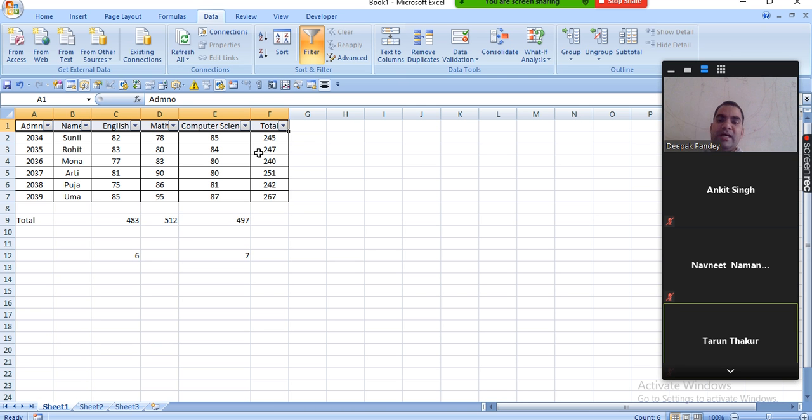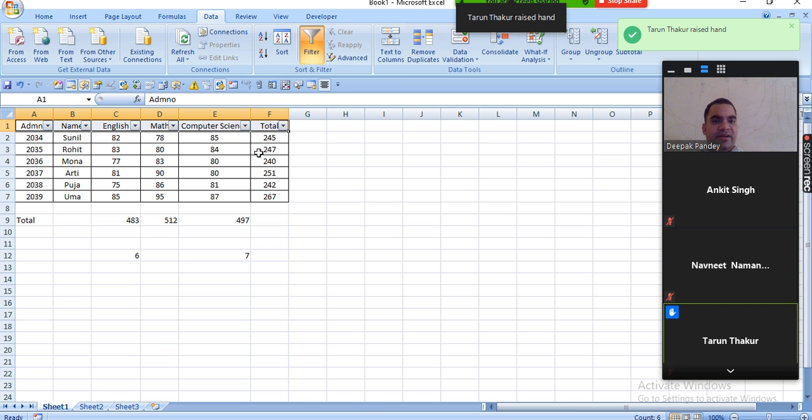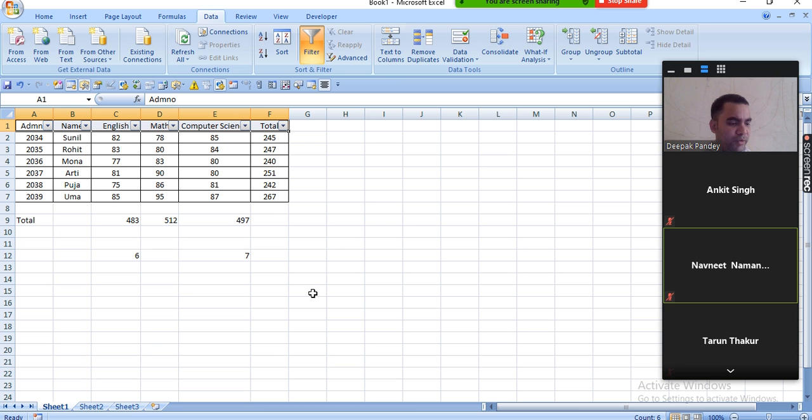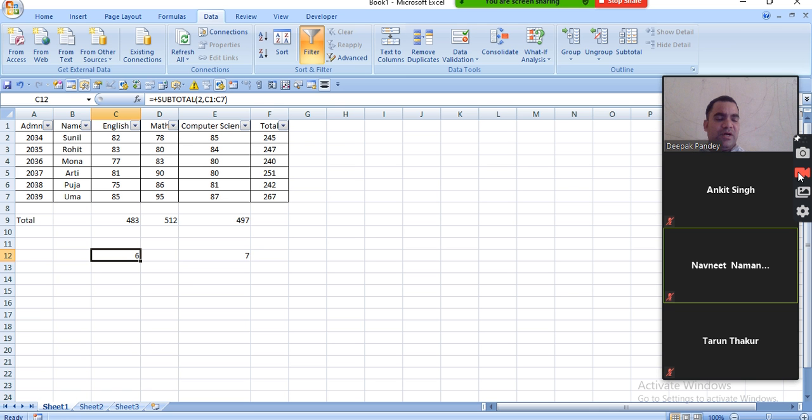Okay, so this is a very helpful and very important topic to learn, and you can become a master if you practice every day in Excel. So today we have discussed the auto sum formula and the subtotal formula. Like auto sum and subtotal, some other formulas are there. You can find out more, and in the next class we will discuss some other formulas and very